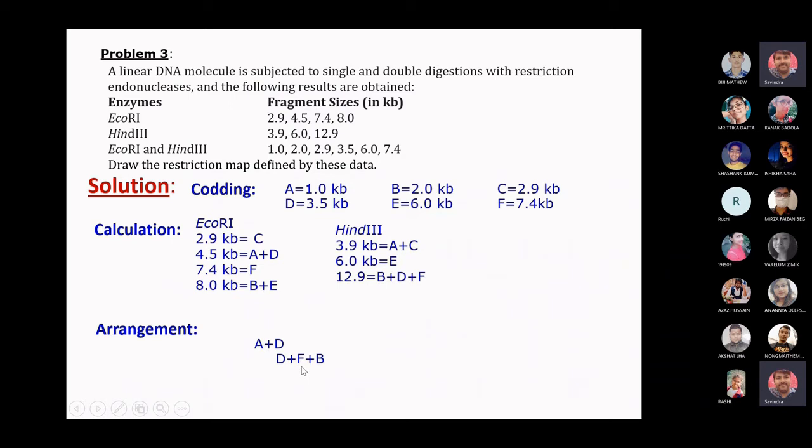So if I write B in the middle in place of F, then where will I write this E? Are you getting my point? Please listen to this point very carefully. This DFB can be rewritten as DBF. We can write this DFB as DBF as well. Yes or no?